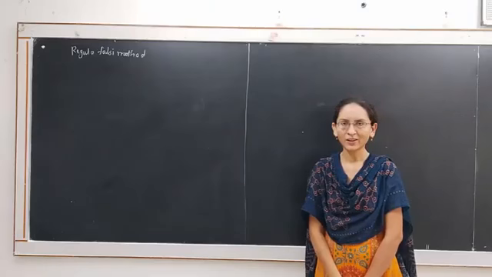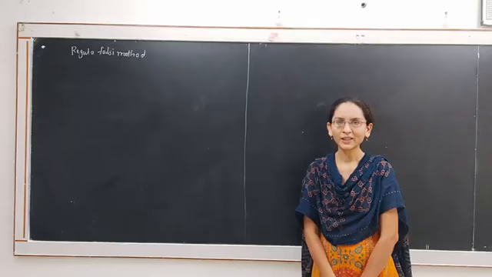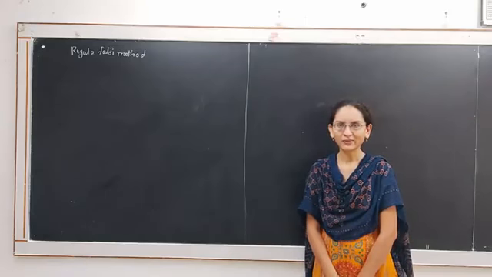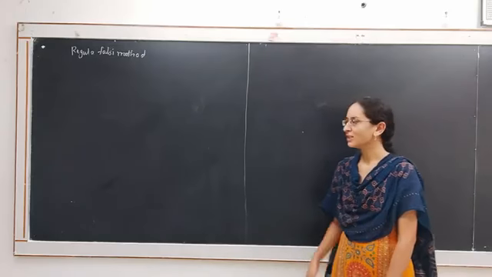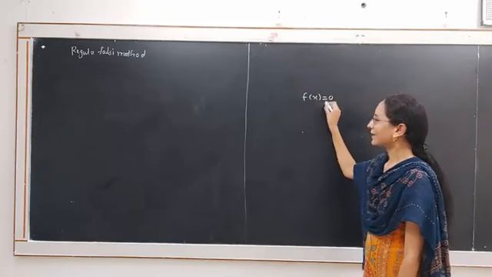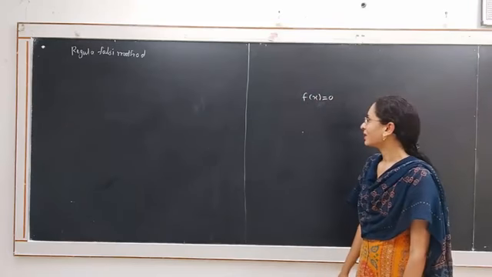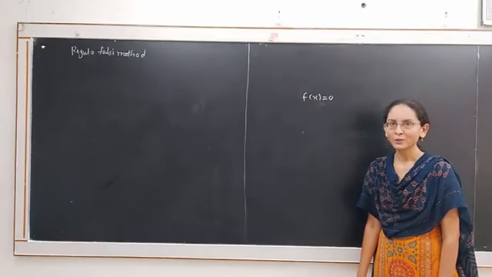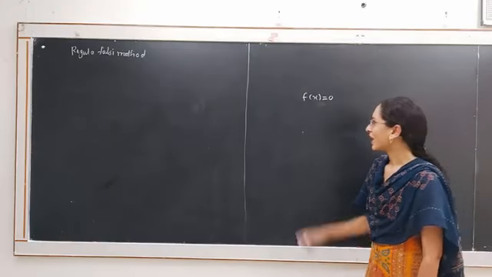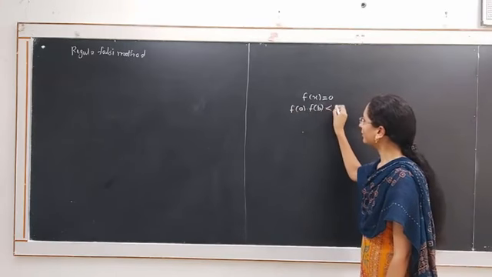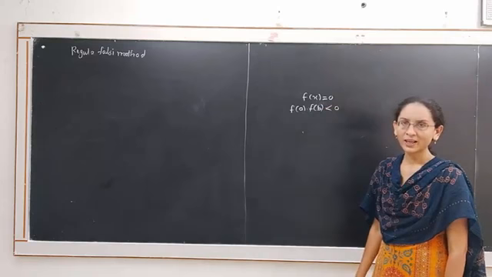Hello student, welcome to the next lecture on numerical methods and its applications. In the last lecture, we discussed one method to solve the equation f of x equal to 0. That was the bisection method. In that method, we used the result: if a and b are two given real numbers and f of a into f of b is negative, then a root lies between a and b.